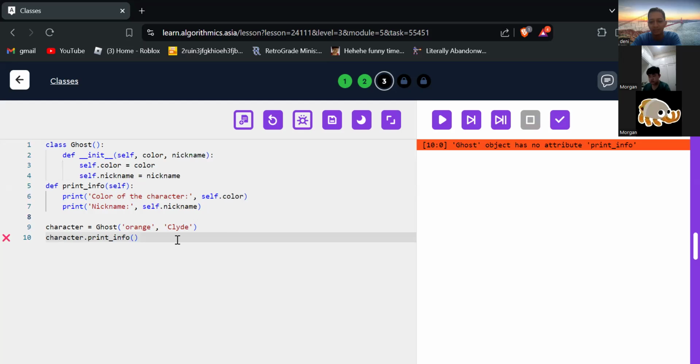The error says the object has no attribute print info. Okay, wait, Morgan. Just a little bit of a mistake.